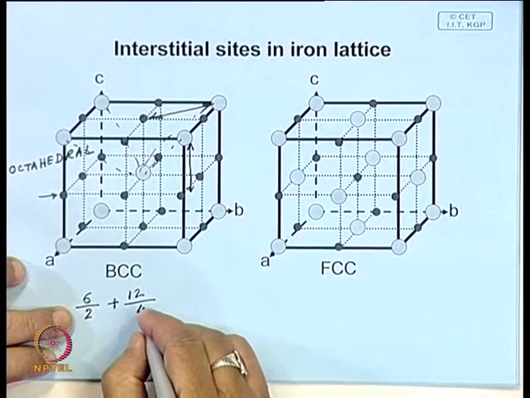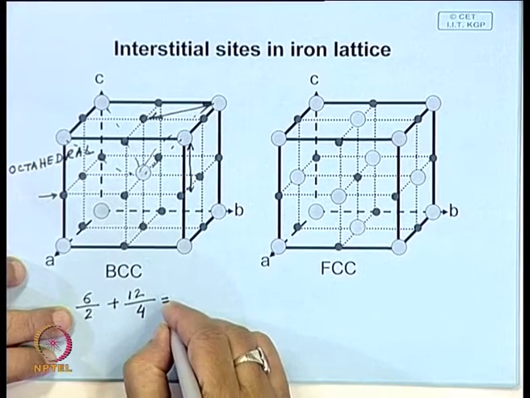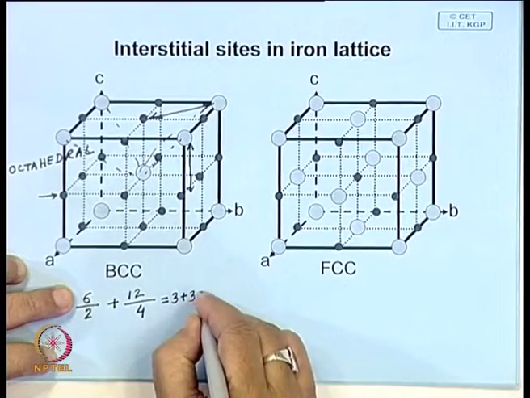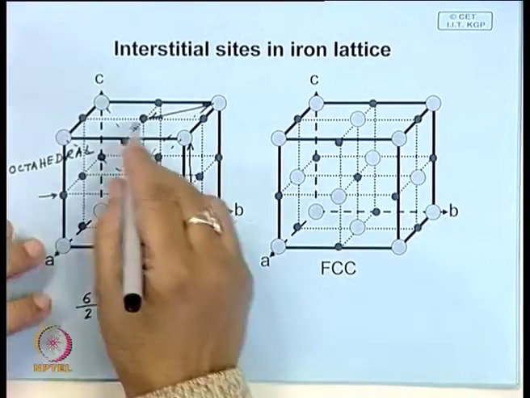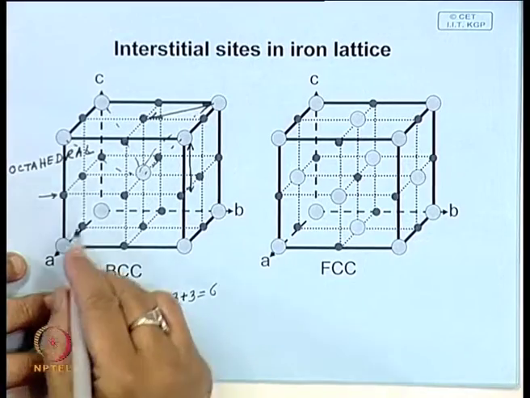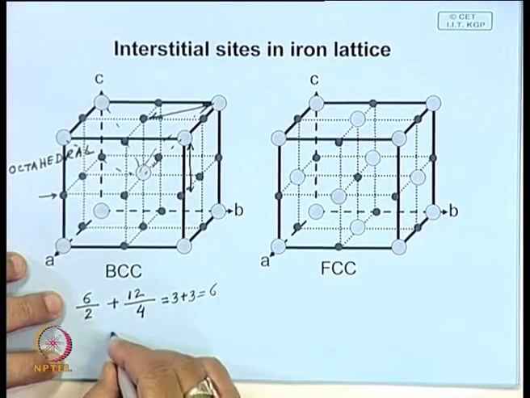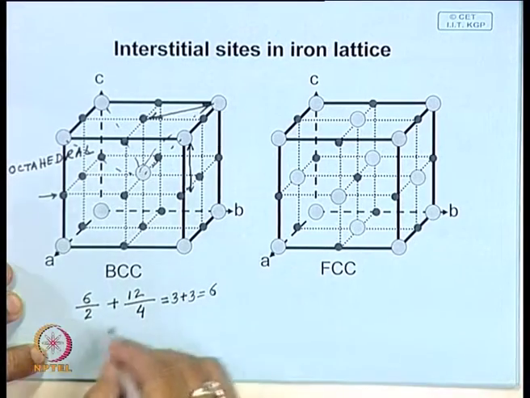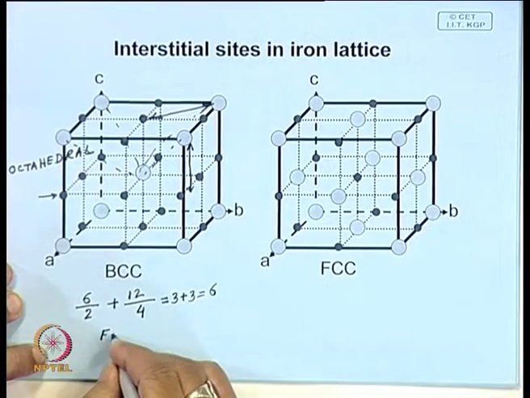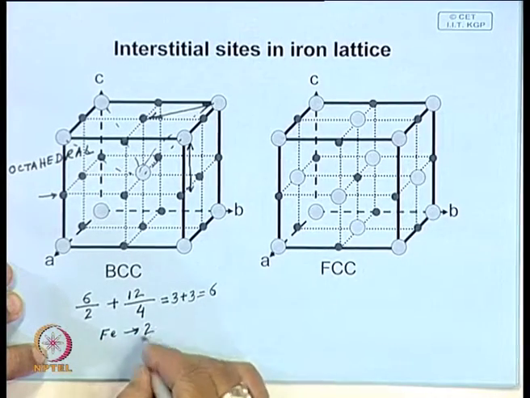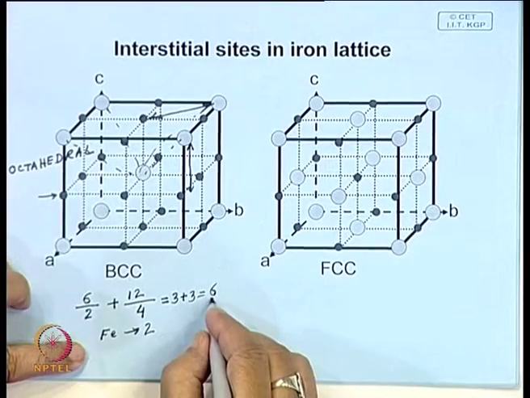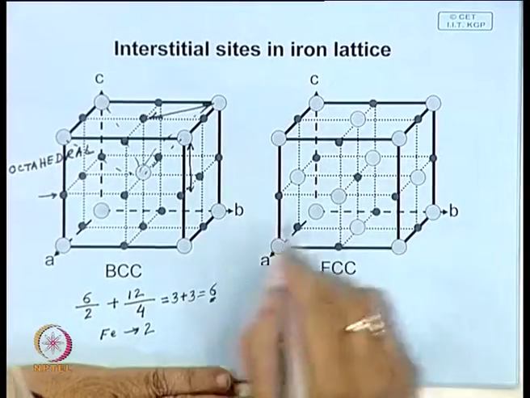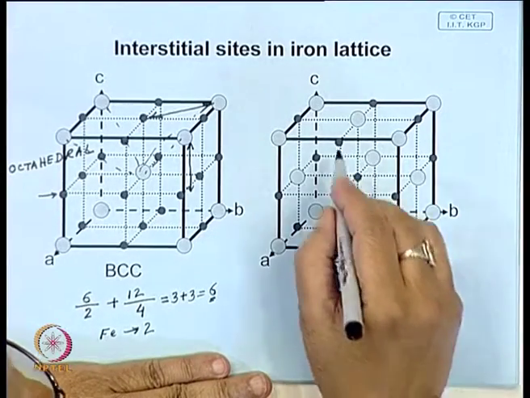So, the contribution of this is 12 over 4. So, this comes out to be 3 plus 3, that is 6, and in the BCC lattice, you have 2 atoms per unit cell. So, you have 6 likely interstitial sites per unit cell, and 2 iron atoms. So, for every one iron atom you have 3 interstitial sites,